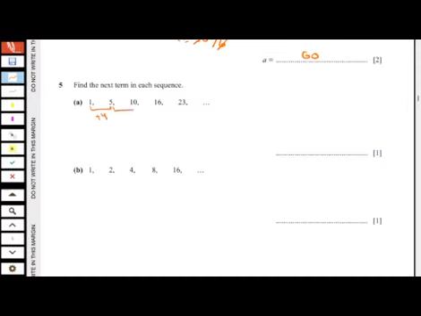Then if I add 5, 5 plus 5 is 10. If I add 6, 10 plus 6 is 16. If I add 7, 16 plus 7 is 23. So the next number will be, if I add 8, 23 plus 8, that is equal to